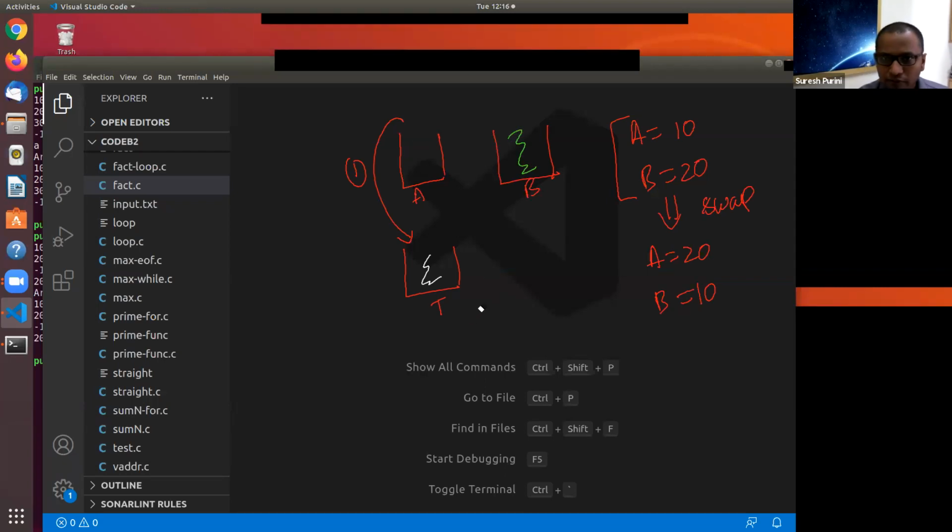And what is step two? Step two is you transfer the contents of tumbler B to tumbler A.